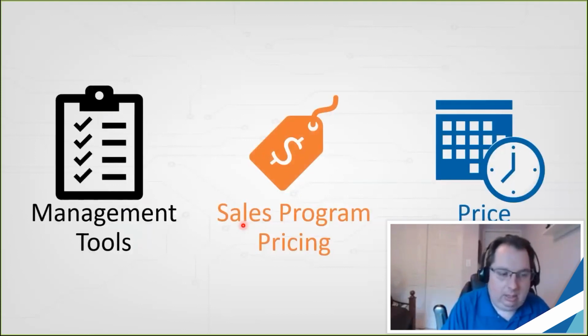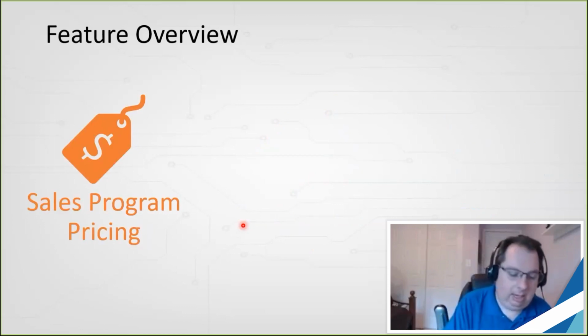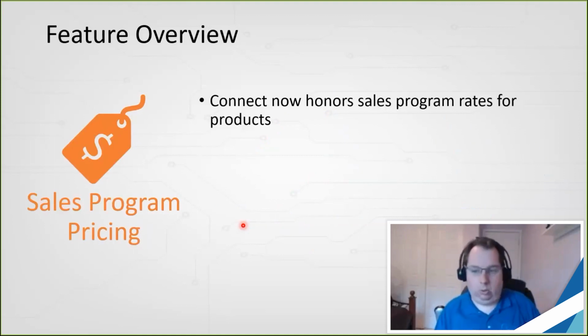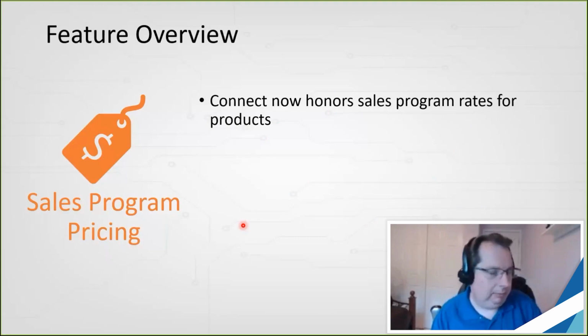Let's take a quick look at what's going to happen now with sales program pricing in Galaxy Connect. So Connect has always had some involvement with sales programs. The sales programs were attached to your order. They determined what was allowed to be sold. If somebody tried to sell a product they weren't supposed to according to the sales program, it would reject the order. So sales programs have always been integrated with Connect to some level,